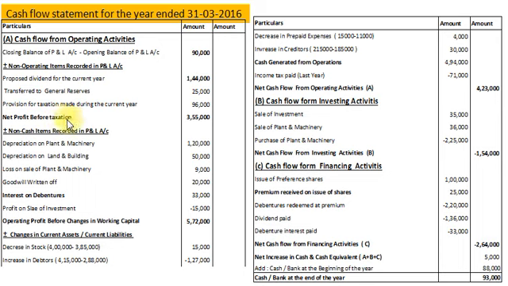In net profit before taxation, we will give the effect of non-cash items recorded in the profit and loss account. It will be either added or deducted. First, depreciation on plant and machinery 1,20,000 will be added. Same, depreciation on land and building added rupees 50,000. Loss on sale of plant and machinery added rupees 9,000. Goodwill written off added rupees 20,000.